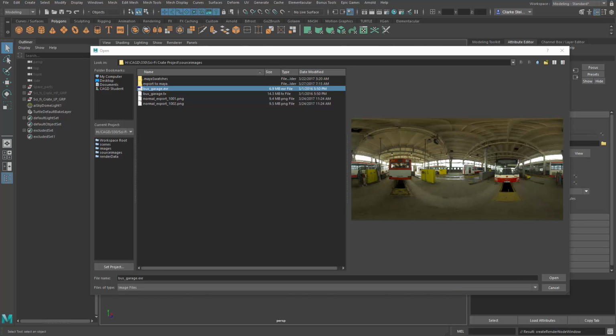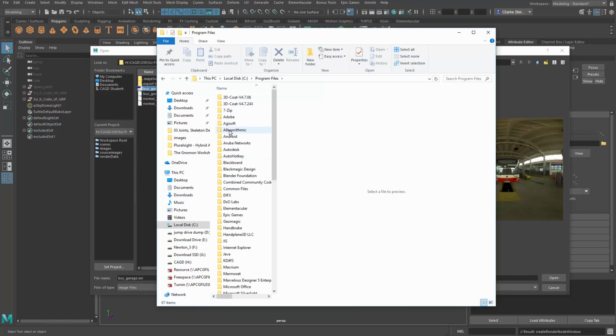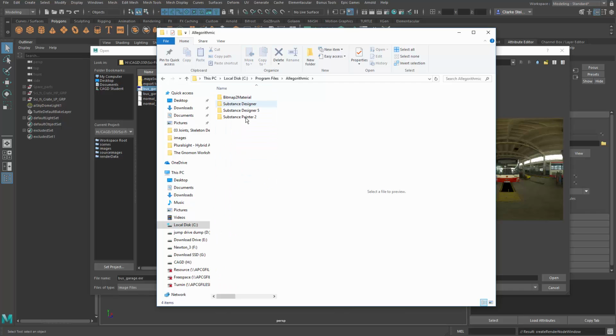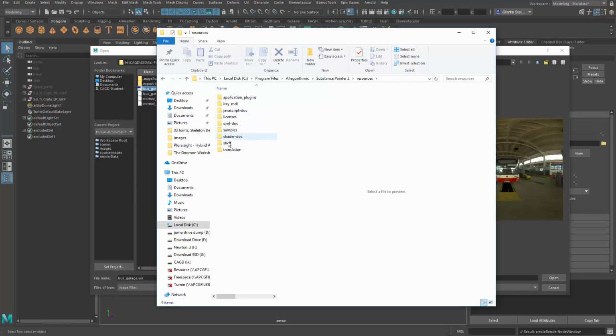So let's bring up that menu box. All right, right in here under the C drive, you can go to Program Files. In here, it's going to be Allegorithmic. Click on that and go to Substance Painter 2. In there, you've got Resources, and then you go to Shelf, Allegorithmic, and then